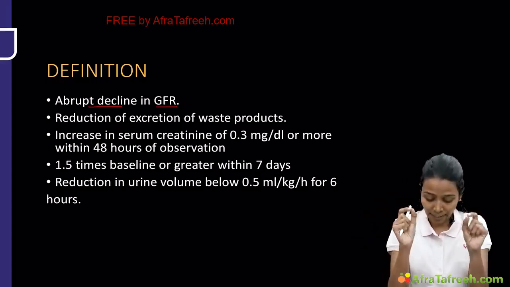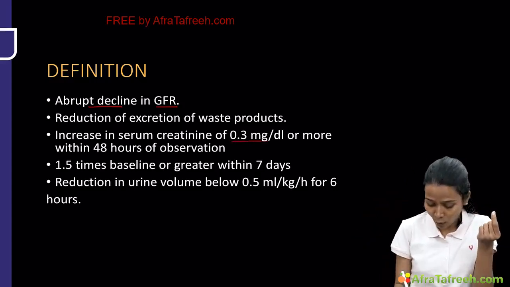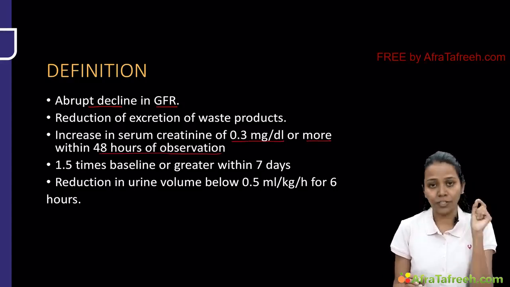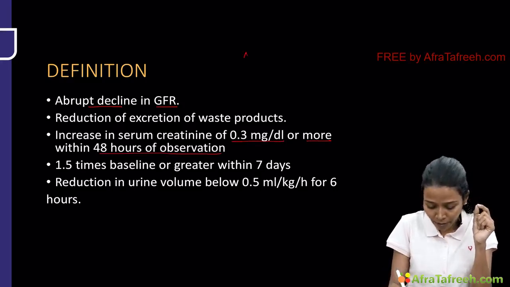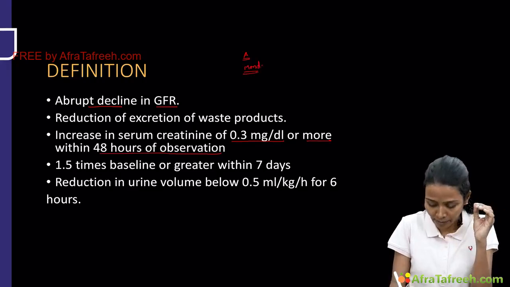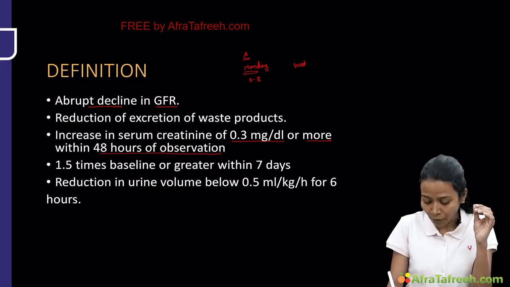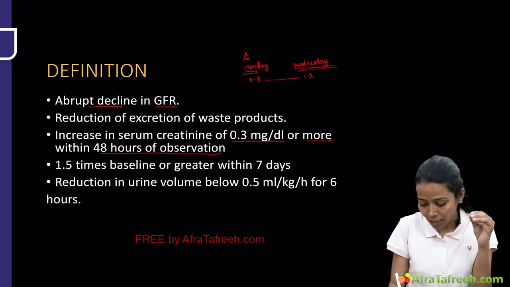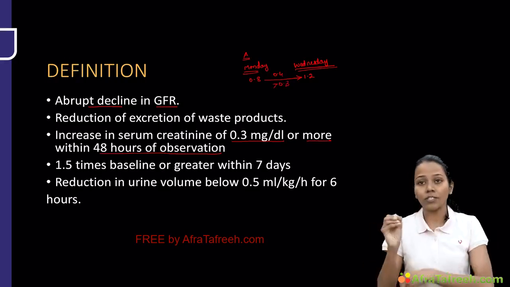Okay. Now what is it technically? If there is an increase in serum creatinine of 0.3 milligram per deciliter or more within 48 hours of observation. So what does this mean? You have a patient, Mr. A, admitted, imagine on Monday, and you do his creatinine testing, his whole panel, and that day creatinine is 0.8, right? Then you again repeat on Wednesday, assume the patient is admitted in ICU because of some reason, sepsis, and that day creatinine is 1.2. So this increase, that is 0.4, which is more than a 0.3 increase in creatinine, is to be considered as